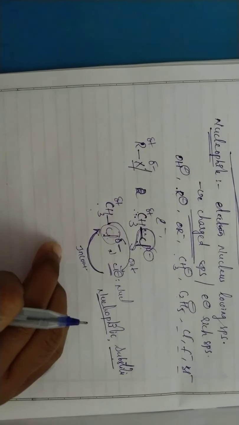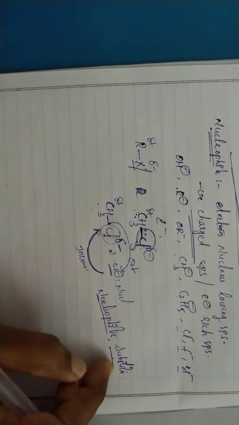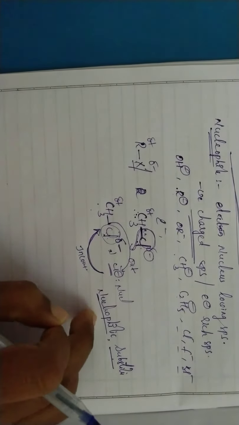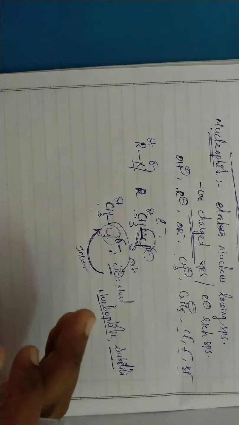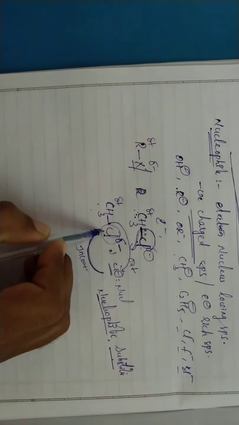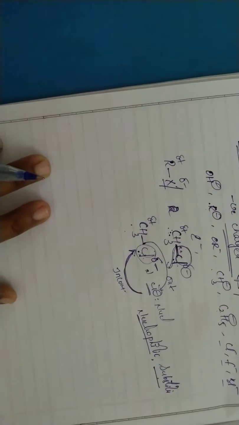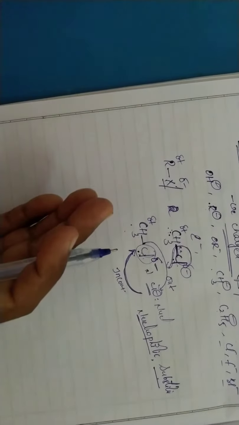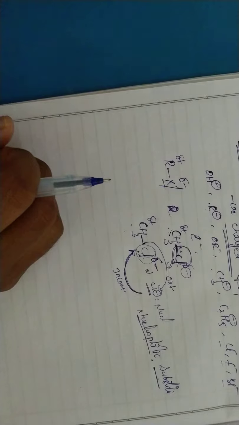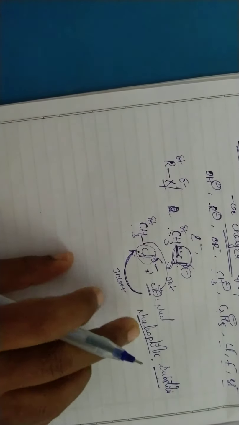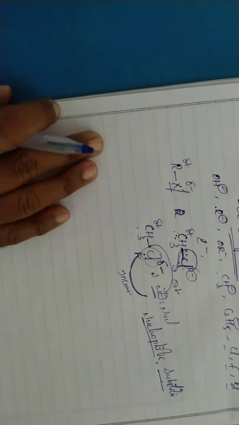That means in the place of one atom or one group, another group will come and attack. So substitution is taking place. Which type of substitution? The nucleophilic substitution, because one nucleophile is substituted by another nucleophile. That's why these reactions are called nucleophilic substitution reactions. If an electrophile goes out and another electrophile comes in, those reactions are called electrophilic substitution. But here the nucleophile is the substituted group, that's why these are called nucleophilic substitution reactions.